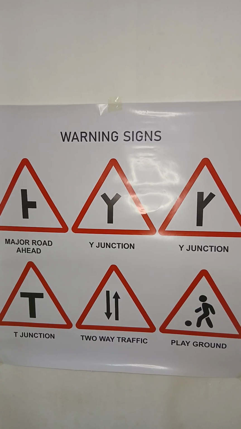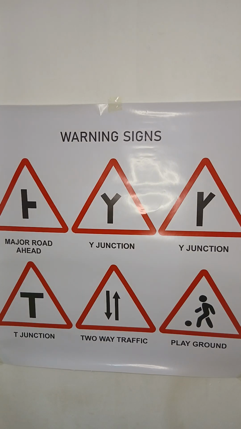So these are the 6 road signs I've selected for study for today. And as a driver, you must abide by them. So the first one is major road, which signifies that it is one minor road joining the major road. The second one is a Y junction, where the road is going to split into the form of a Y, and you can choose to drive on any of the other arms of the Y, which are both splitting at